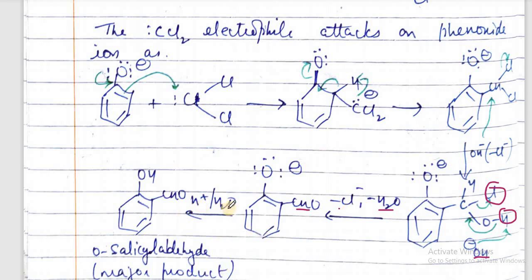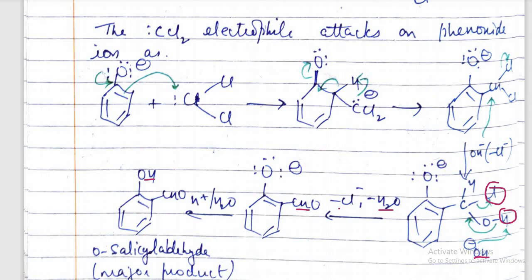Now this on acid hydrolysis gives OH and CHO. So this H positive gets attached to O negative and we get OH, and it is ortho-salicylaldehyde and it is